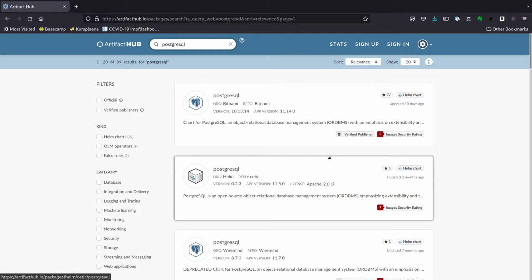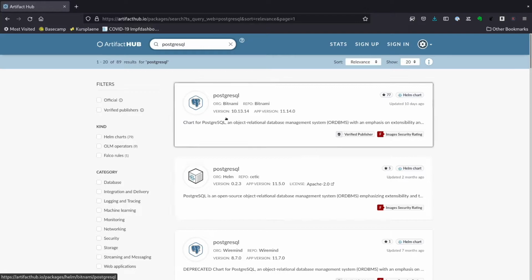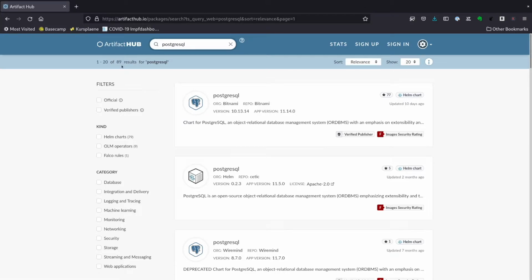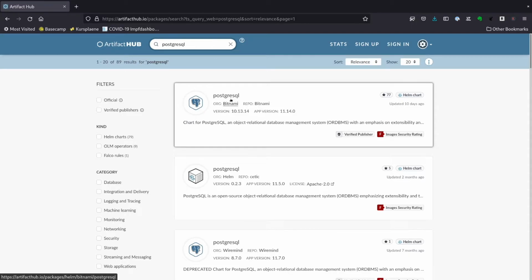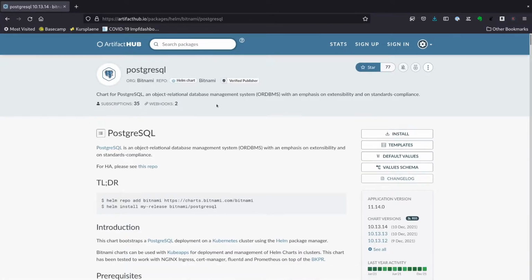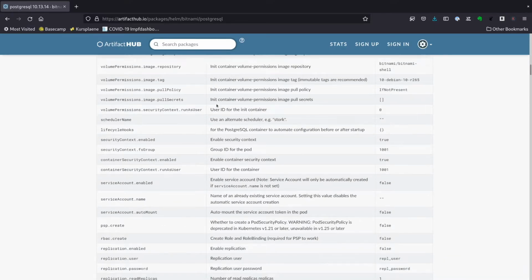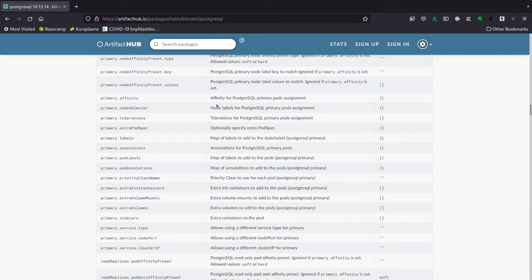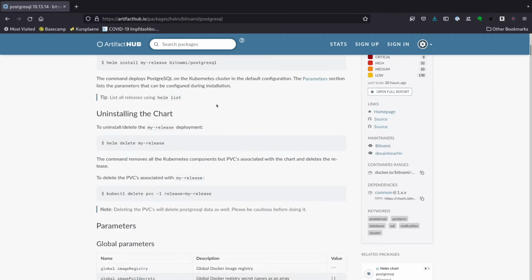There are 89 community Helm charts published here. It's the best practice to select the most maintained and popular chart that is ideally published by a company and not a single individual. In this case, Bitnami PostgreSQL chart seems to tick all the boxes for us. If I open the page of this chart, I can see all the values that I can specify to configure my PostgreSQL deployment, as well as plenty of other information about how to use this chart.